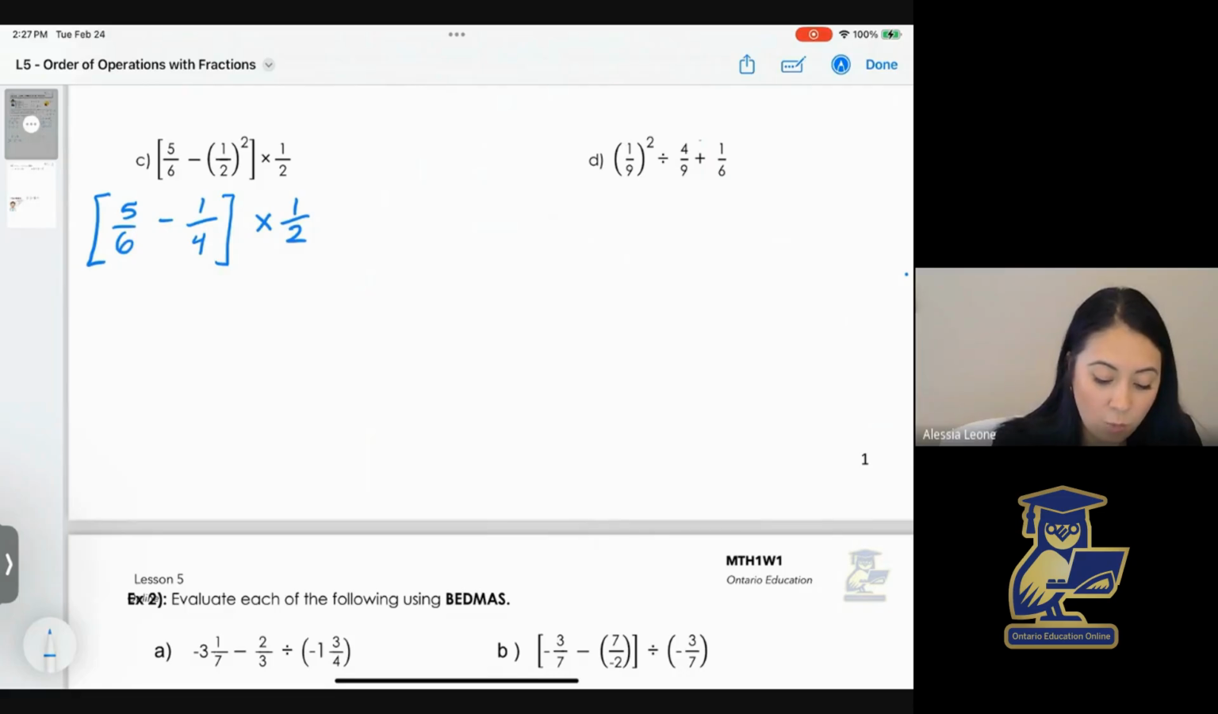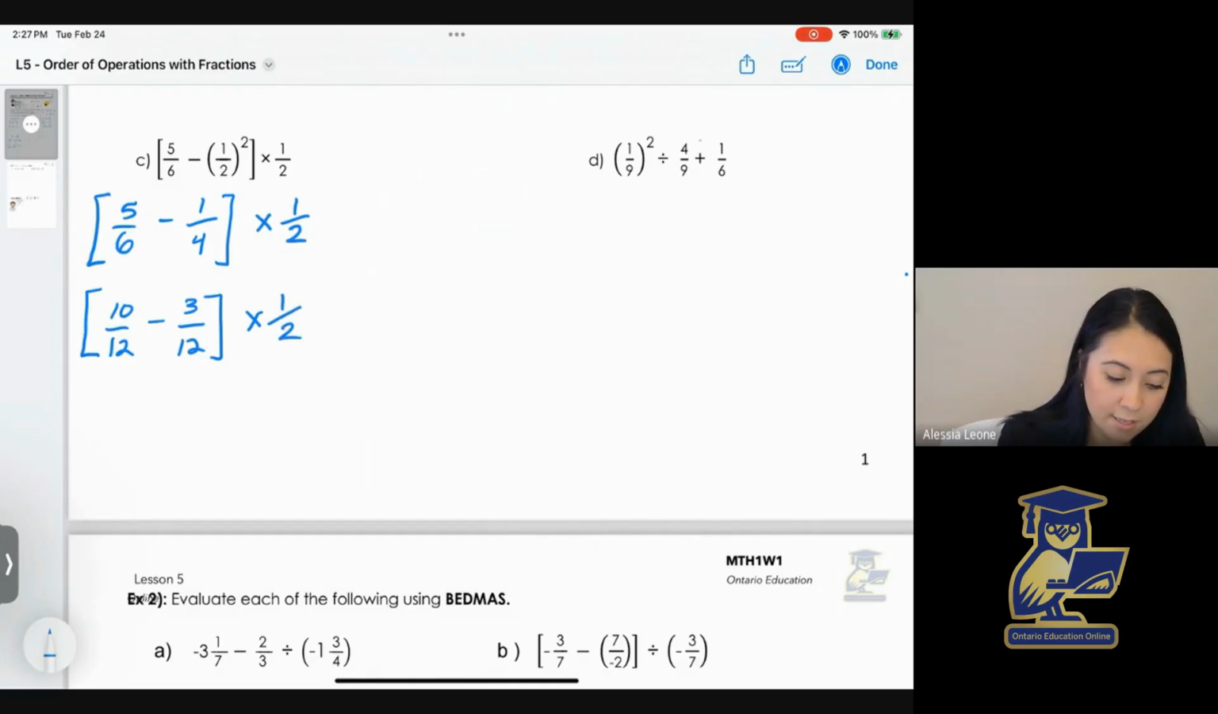Now we know we need to find a common denominator for our subtraction. A common denominator with 6 and 4 can be 12. To get 12, we need to times by 2. So 5 times 2 is 10. And to get 12, we need to times 4 by 3. So 1 times 3 is 3. So 10 take away 3 is